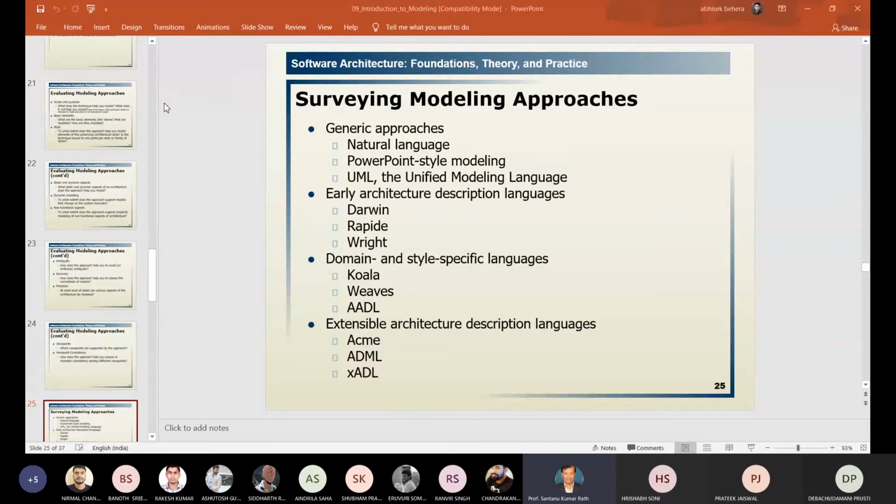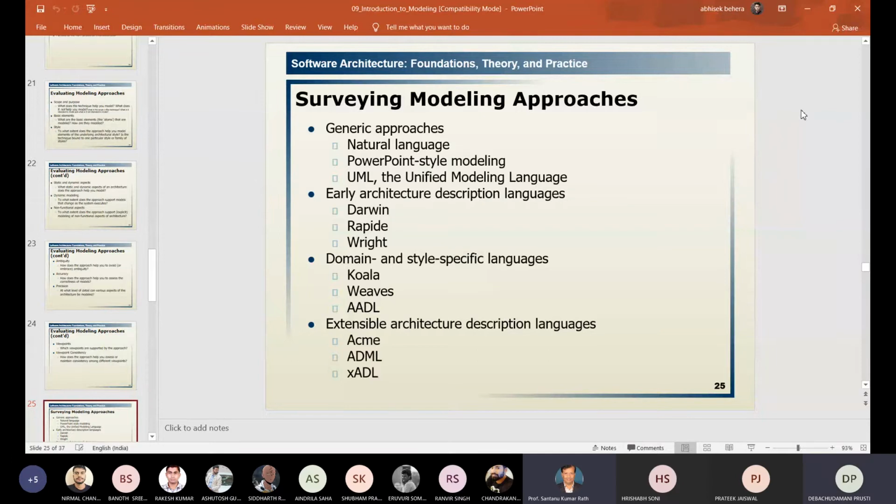Then third is UML. You have studied UML, how it helps to solve a problem. Whatever is written in the English language, you try to solve the problem in some sort of structural and behavioral manner. First you identify how it behaves, then you fix up the structure. So the third one is UML. So three things come under generic, in a very general manner. These three are generic.